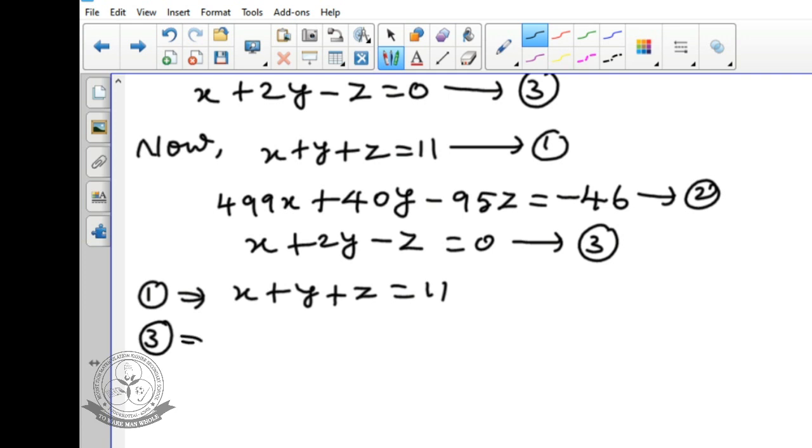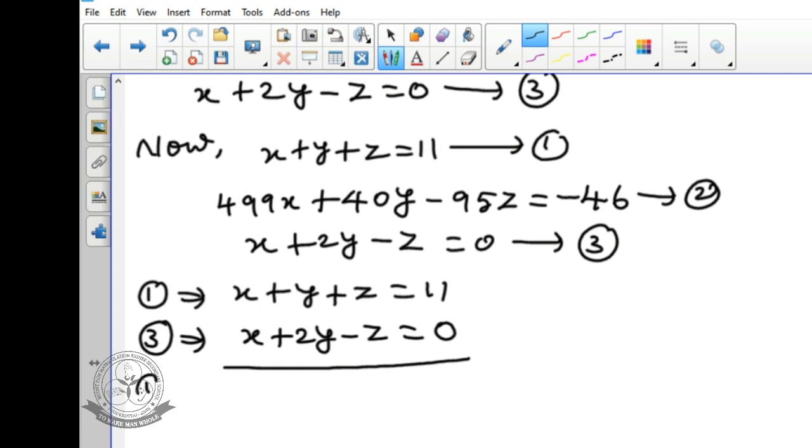Equation number 3 is x plus 2y minus z equals 0. Both equations have the same z, one z and one z, so we can add to simplify. Adding equations 1 and 3, plus z and minus z give 0, so we get 2x